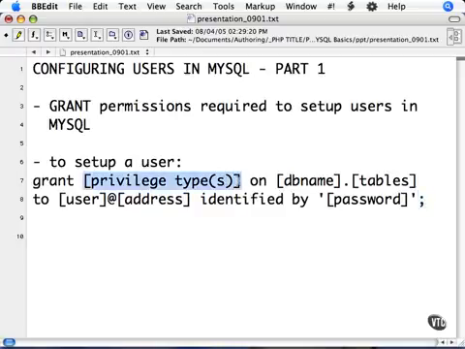First, privilege types. The most common type that you will use is ALL. That will allow all privileges except grant to the user you're setting up. You can specify privileges to add to a user through this method as well, but getting into specific privileges and grants is beyond the scope of this training course. Next, we have ON